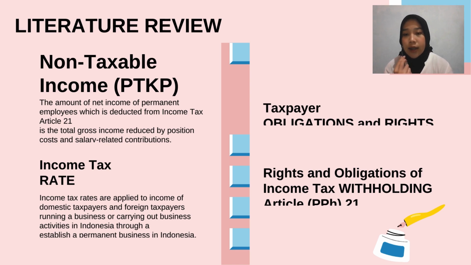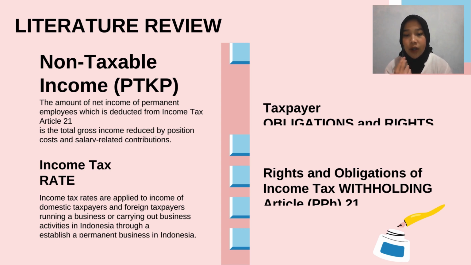Amount of non-taxable income or PTKP: the Minister of Finance determines the amount of PTKP by considering economic, monetary, and principal development each year. So the conditions are: first, 54 million rupiahs for an individual taxpayer, and 4,500,000 rupiahs additional for a married taxpayer, 54 million rupiahs additional for a wife whose income is combined with her husband's income,